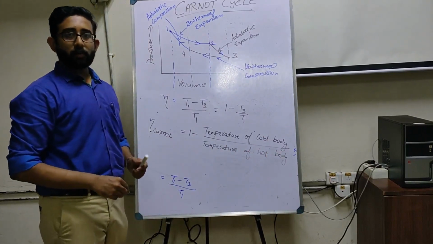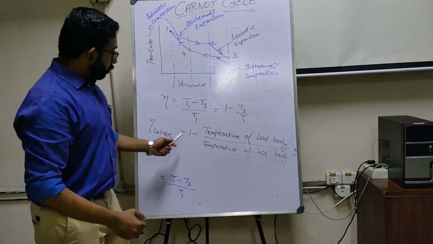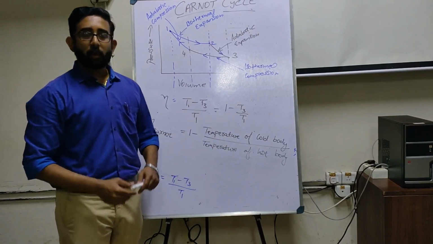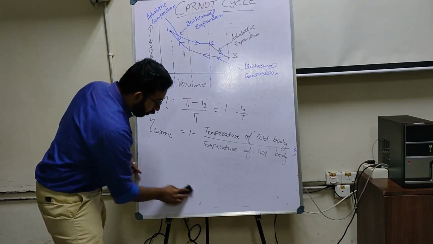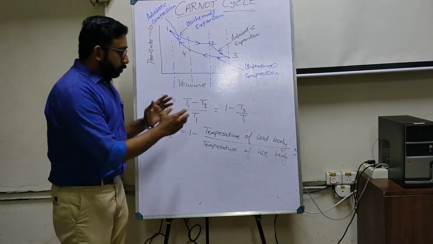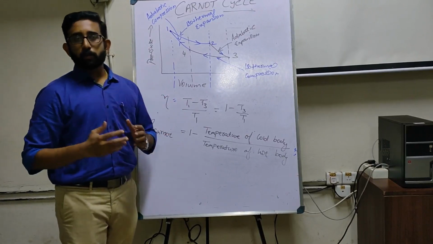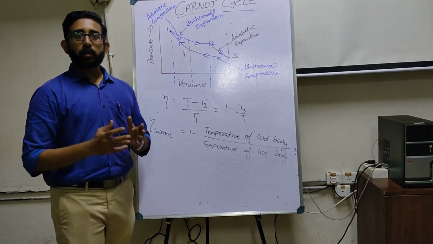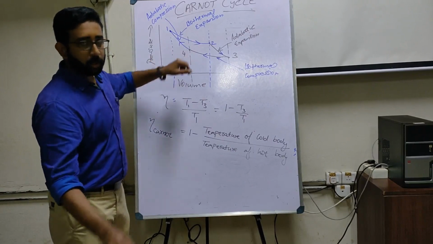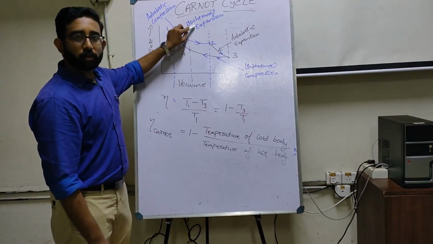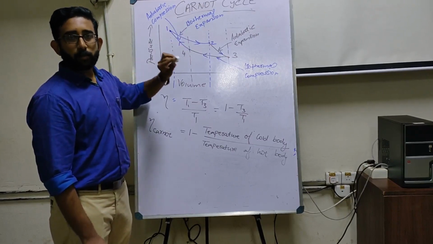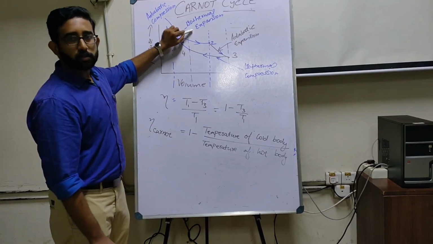So, for a heat engine working between two temperature sources, the efficiency will depend on the temperature of the hot body and cold body, and this cycle gives the maximum possible efficiency for any heat engine, and this is the Carnot theorem as well. Since we are saying this is the maximum possible efficiency, this cycle is practically not possible also. This is because for a process to happen isothermally, that is, at constant temperature, the process should be extremely slow. That is, without a temperature difference, a process should happen. So it should be an extremely slow process.